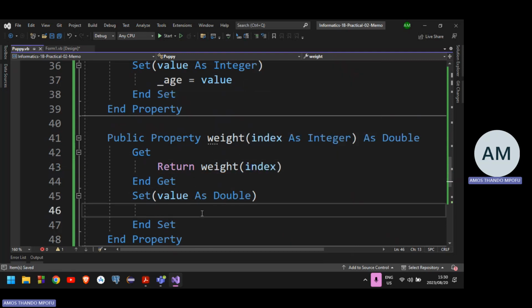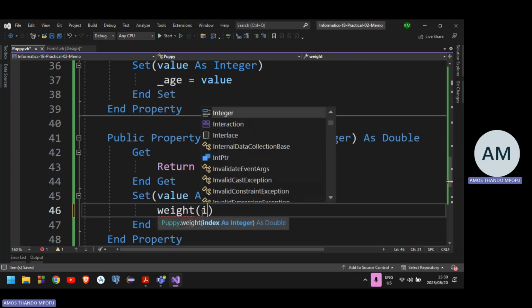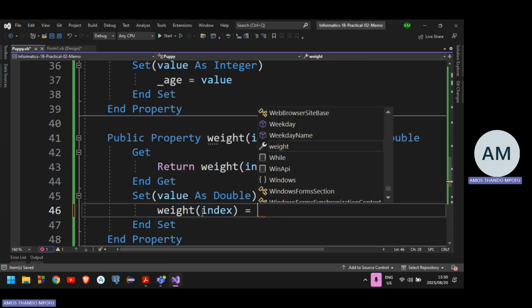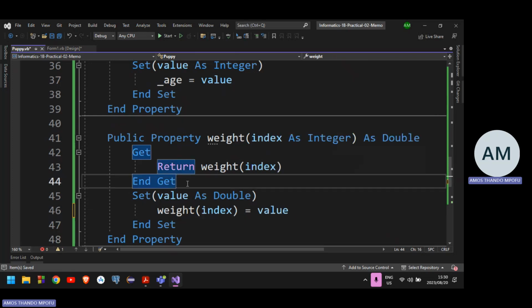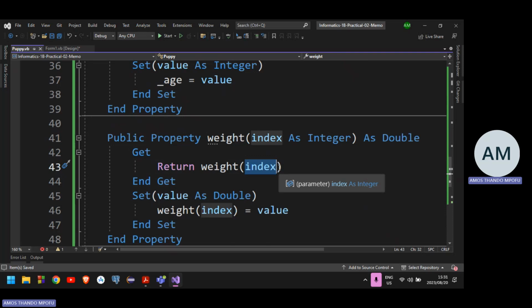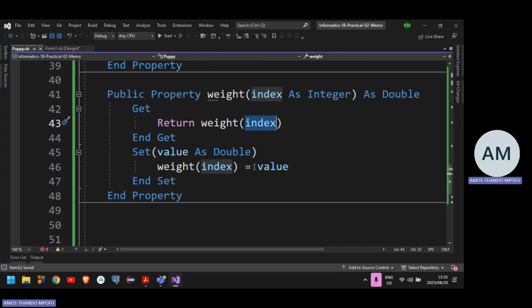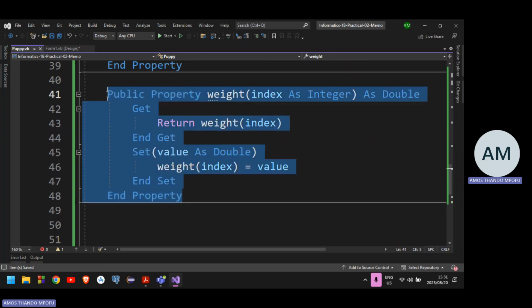And then I'm going to set the weight at a specific index to be equal to the value that I'm getting from the user. So when I create a property method like this, I'm getting one weight at a time because I'm taking in an index that specifies which position in my array, which weight do I want. So that index helps me to index in the array and specify which weight I want. So this weight property method will be getting a weight at a time,